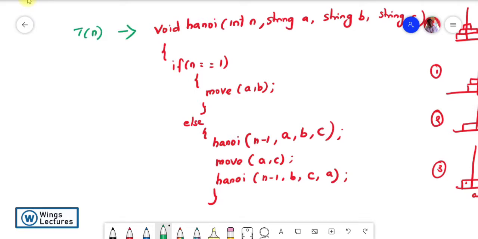And for computing n minus 1, how can we do it? For computing n minus 1 times to perform this function, this is n, and here the input is going to be n minus 1. So as per the mathematical rule, I am going to consider T of n minus 1 times, and then